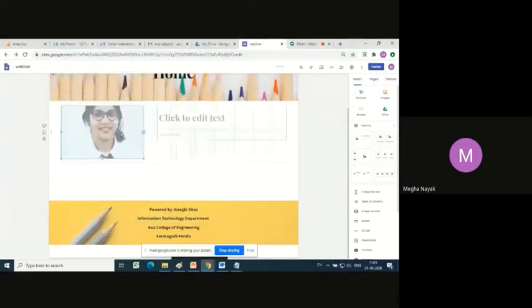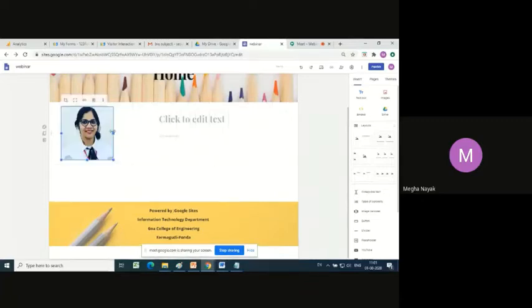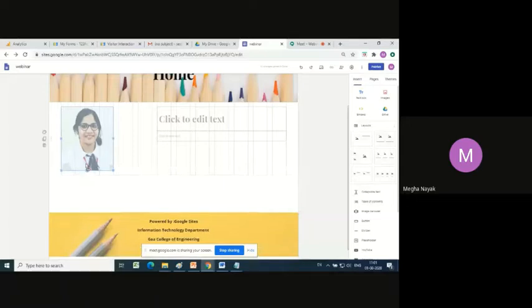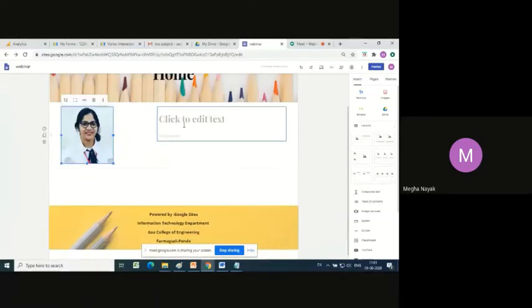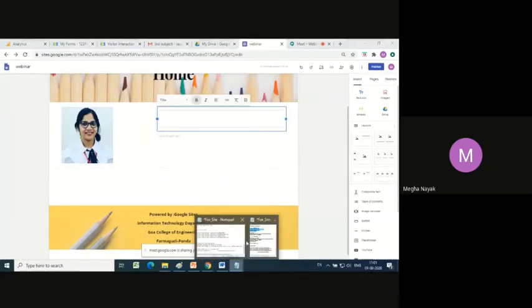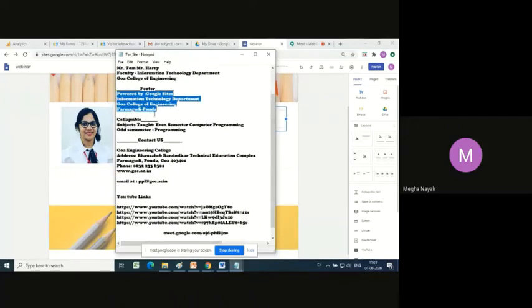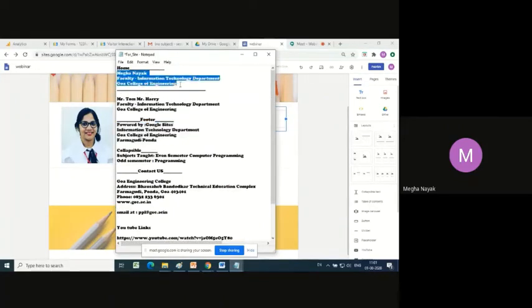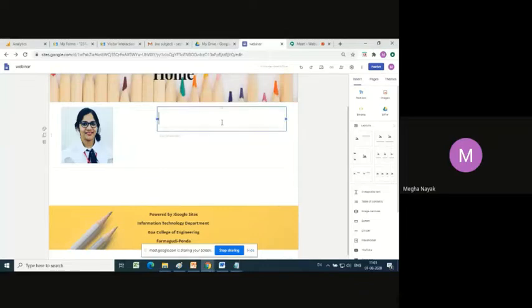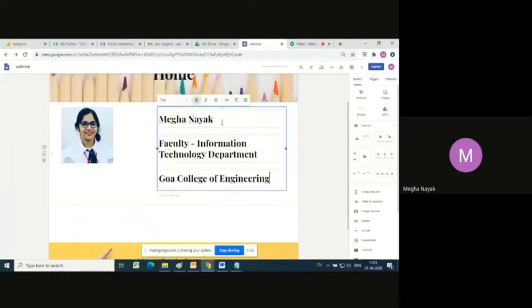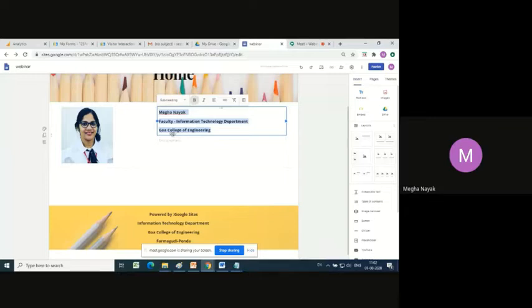And if you see, I will just stretch this portion how I want it. And you know the image also adjusts itself. Do you notice that? Okay. And here I will write a little about myself, or those who are doing it for themselves can accordingly put the information. And this is too big. Do you see? I mean, it's not looking good on the front page. So I click on this and instead of title, I say subheading. So I think this is fair enough for now.